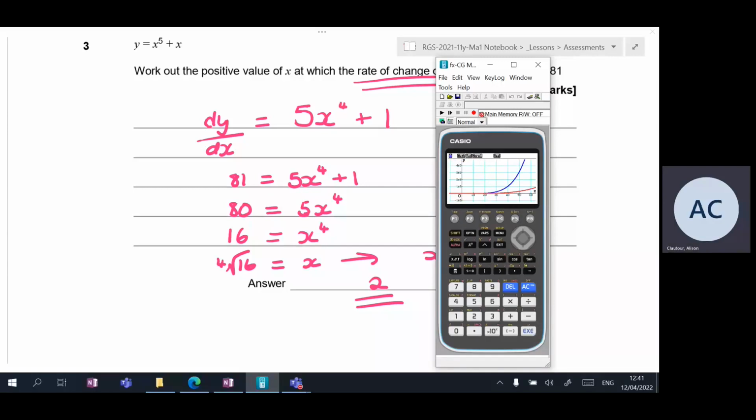What this red graph gives me is the gradient at all these different points. So what you want to find is the x value that gives you a gradient of 81. If you go to GSolve and find the y value, make sure it's the red graph that's flashing, because you've got 2 graphs here. So I want the point on the red graph where,